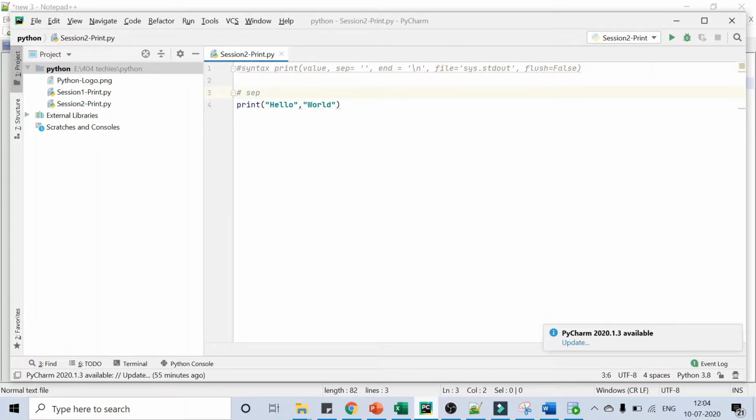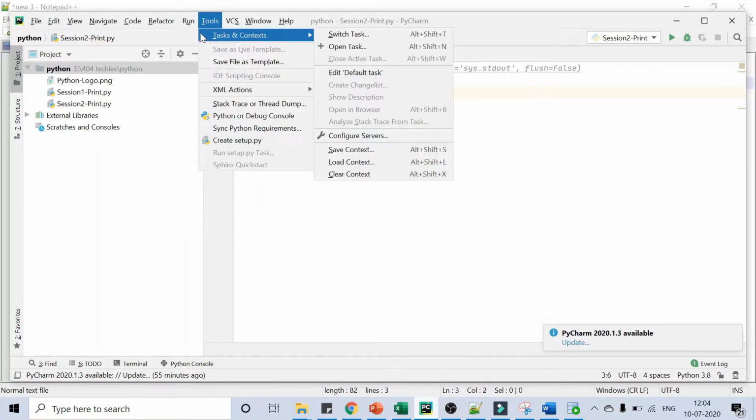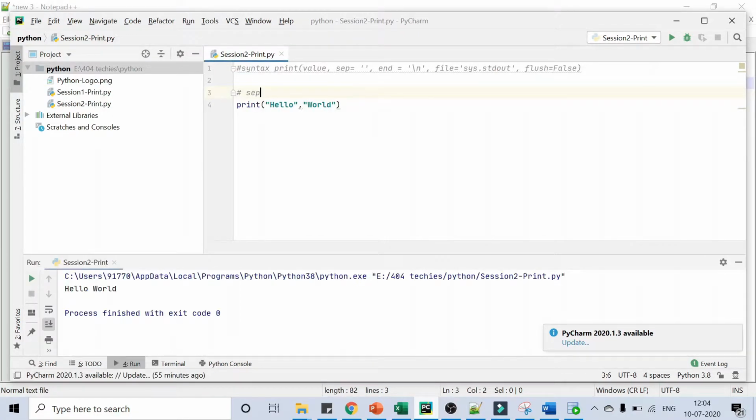If you see here, I am printing two strings. First string hello and then second string world. See, I am not giving any space between the strings. Even after hello, after O there is no space, and before W also there is no space. But by default I am getting a space here. It is because of the separator. By default in the print function the separator is set to one space. Because the separator is set to one space, we are getting a space between these two strings.